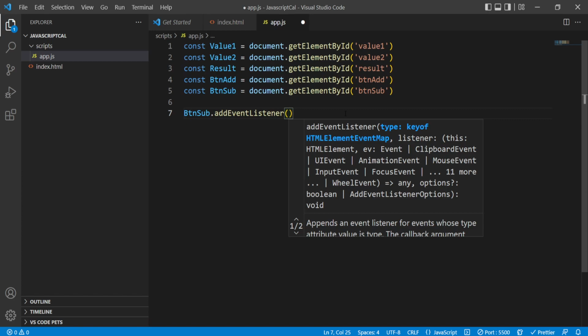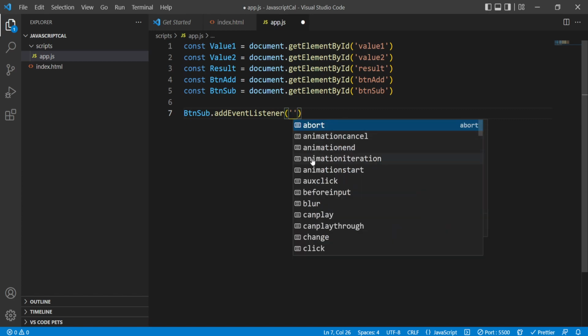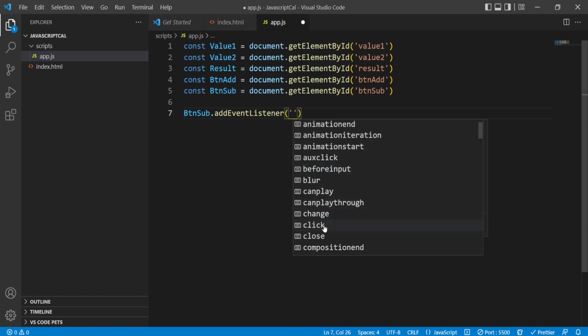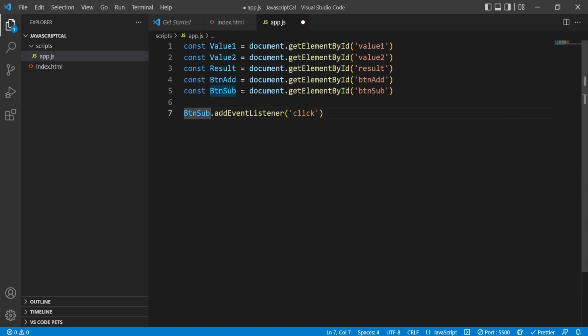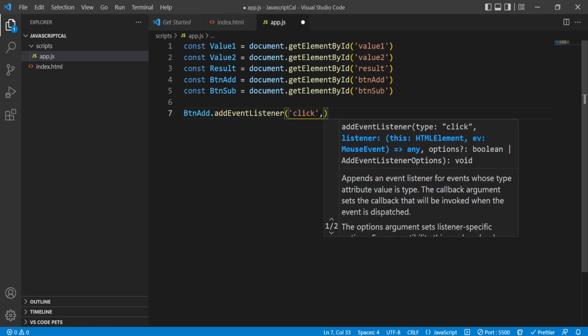So in here, we're going to do single quotes. And you'll see in here, I have a list of quote unquote events. In this case, I want a click event. So whenever the user clicks my sub button, let me just change that to add. So it's in order, and it doesn't really matter all that much. So whenever the user clicks my add button, something is going to happen. So in here, I can go ahead and create a function